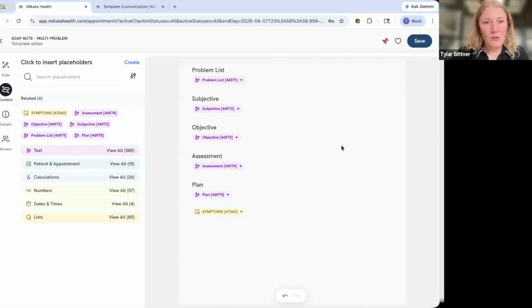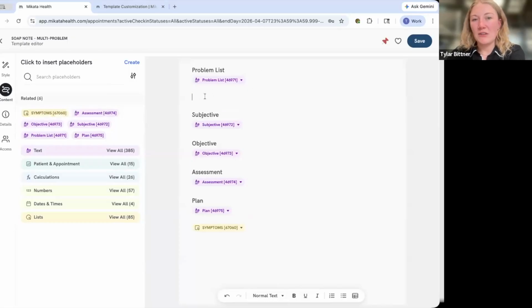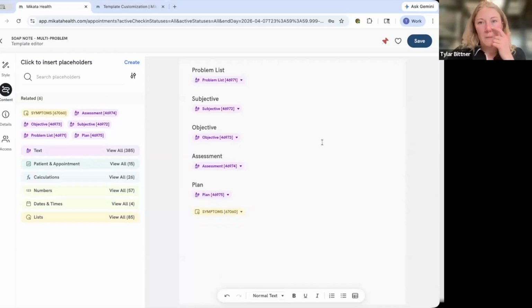Okay. So when you create that placeholder, it will automatically come up on this left-hand side, and then like all the other placeholders, you have to select which section you want that to go in by clicking your cursor there, and then clicking that placeholder, and it will pull it right through for you. So I'm going to click save here.